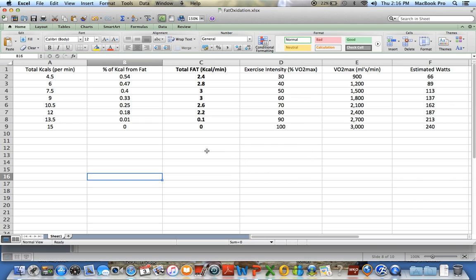For trained individuals, they can push their maximum fat oxidation rates up even higher than 50 or 60. They can push it up to probably close to 80% of their VO2 max. And the reason is your lactate threshold. Your lactate threshold is the point at which lactate accumulates in the blood, and it also correlates with levels of